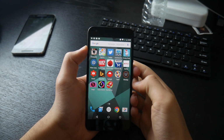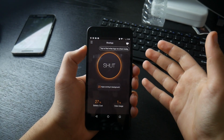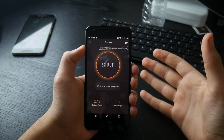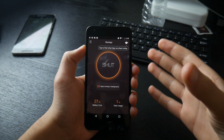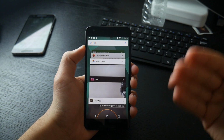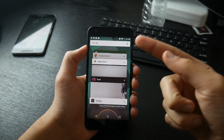Alright, so the next app is called Shut App, and this is going to be a really big battery saver for you, especially if your battery goes out really quickly. So one of the reasons why your battery may finish really quickly is because you have a bunch of background apps working, and even when you close them out using the multitask, sometimes they're not always going to close, and there's always processes in the background doing something without you even knowing them,